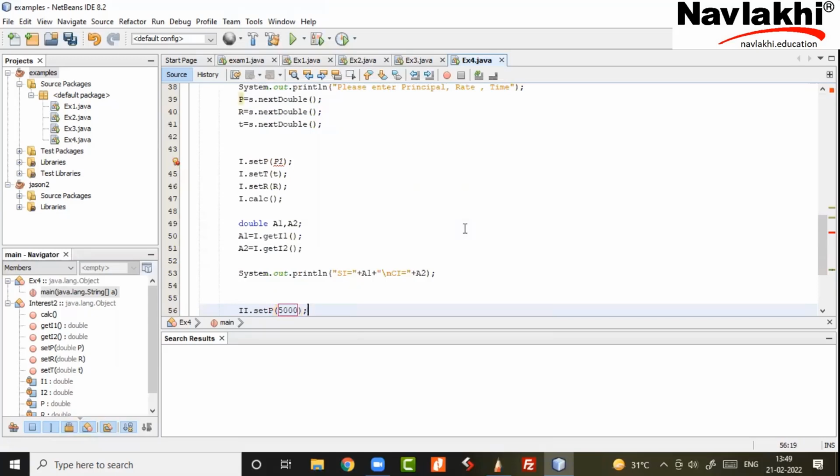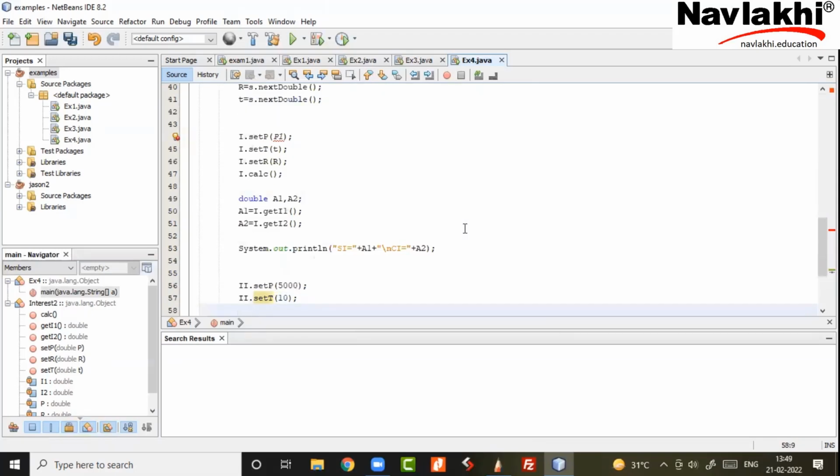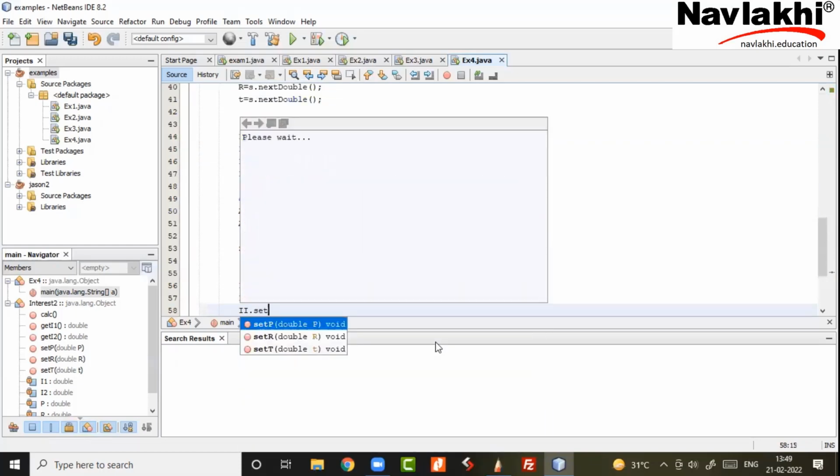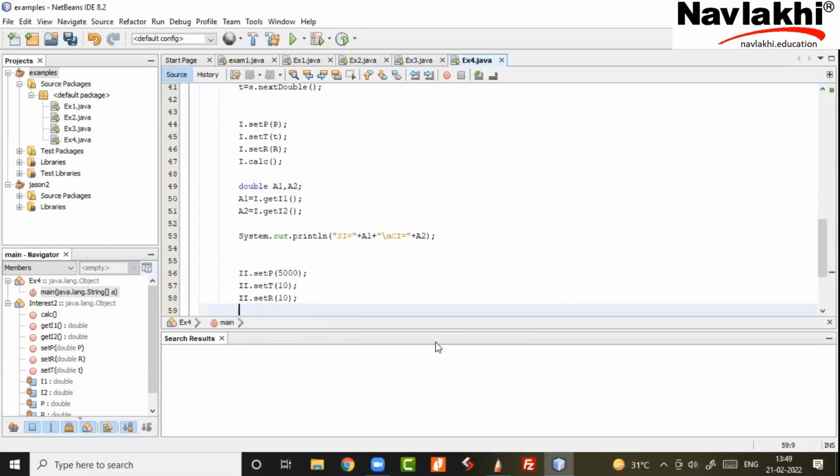So this guy is being set with constants. Now the same class's same functions are being used by another object I, but you have to understand it's not the same variables, because static is not made. That's the whole point of not making it static: it's not shared. So I's p, I's t and I's r and I's I1 and I's I2 are different, whereas I's setP, setT and setR are setting a different set of P, T and R. Think about what I'm saying.